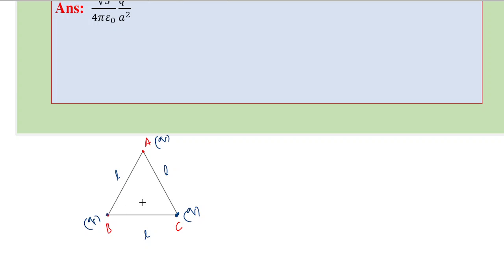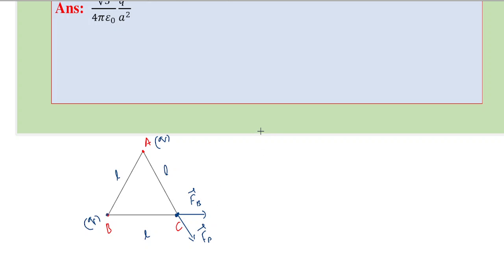So let's first find the force which the charge kept at point A exerts on the charge kept at point C. Since the charges are of the same polarity, it will be a repulsive force. So the force which A exerts would be a force like this. We'll call this force F suffix A. Similarly, the charge at point B exerts a repulsive force like this. Even that will have the same value as Fa. We will call this force Fb.